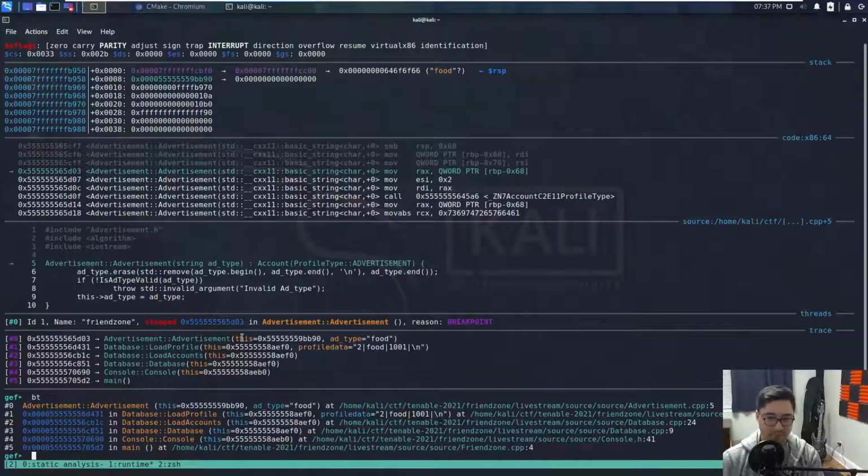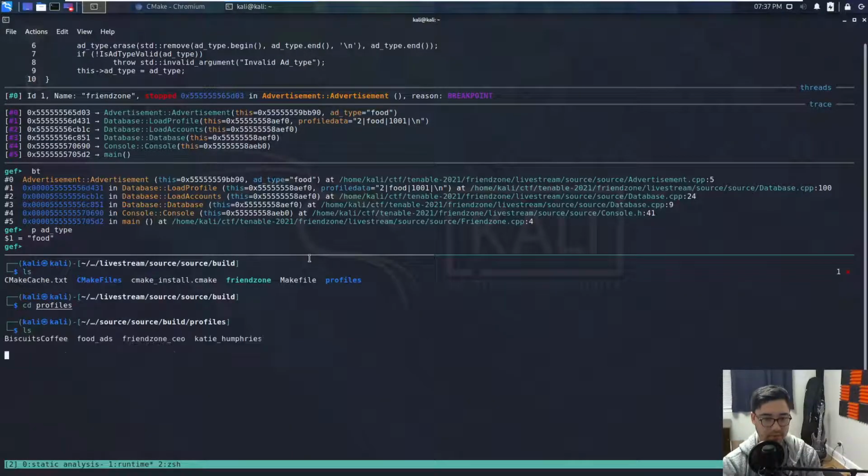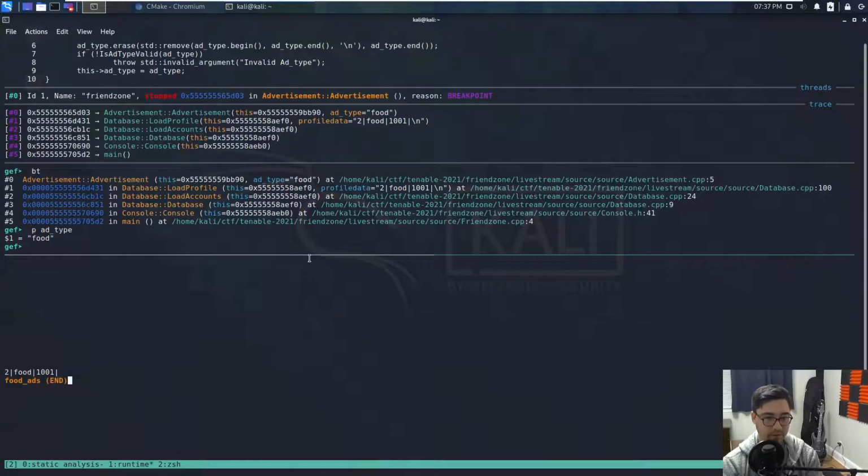So we're at this line right here. Our goal was to figure out what this ad type is. So we can just go p ad type. It's a string, so we can just print it regularly. If it were binary data, you probably want to examine it through hex. And it says food. So if we go back to our profiles and we look at our food ads, it's pretty easy to deduce that this is the input, that this is the file that's trying to read from